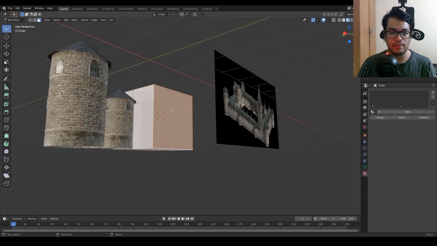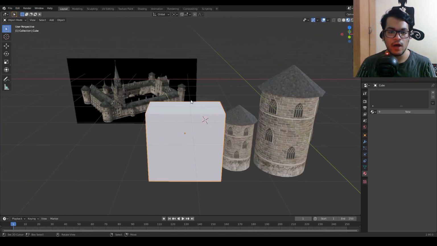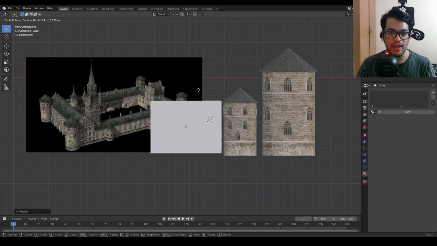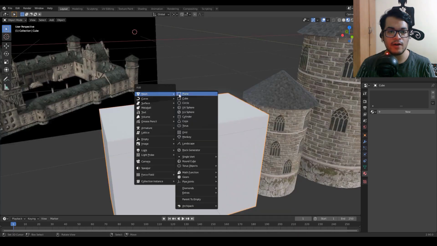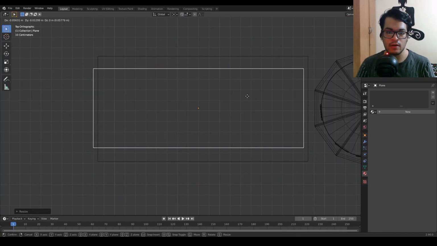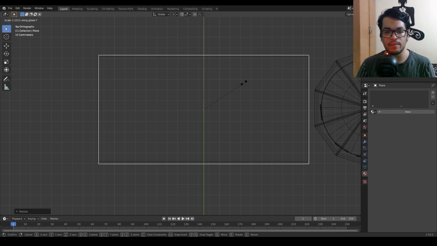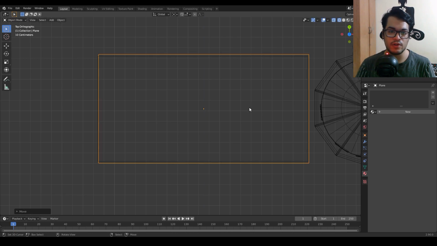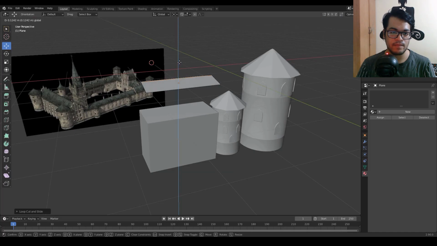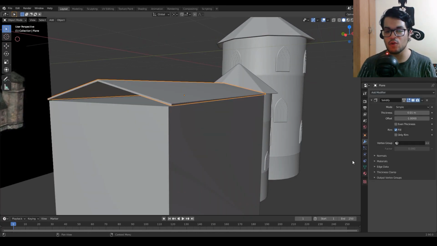So for this building, I'm going to slice this cube into half and fill in that face. Now we have a rectangular cuboid. So we are going to just scale it down, and I'm going to add a plane. And this plane will be the roof of this building. So just positioning this. After you have positioned this plane, you can add a loop cut to this. So Ctrl R, add a loop cut, and just move that edge up. And as you can see, that's how easy it is to make a roof. Now you can add a solidify modifier.